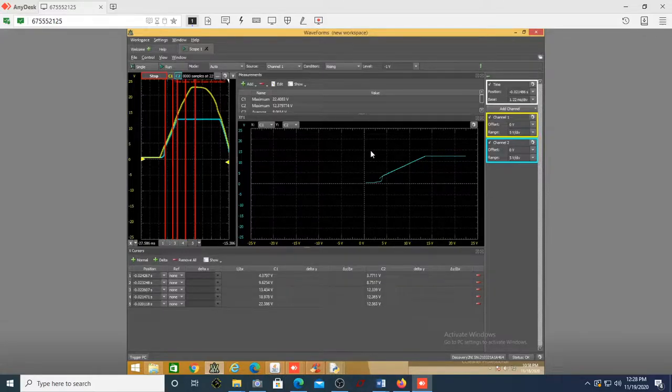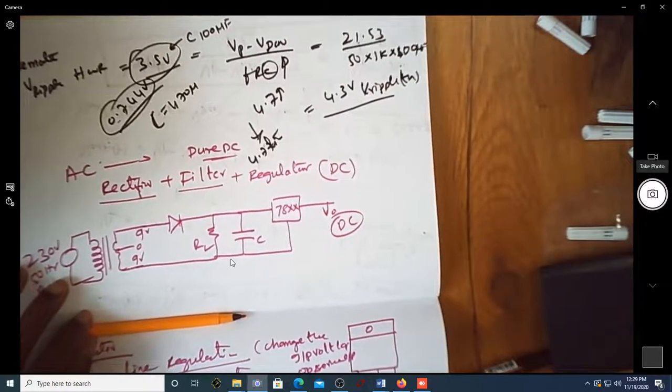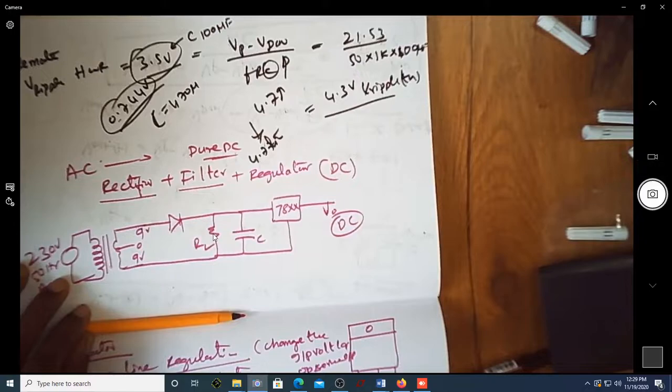Now we can see it is a constant voltage, but still it is not purely rectified, because you can see it is still less than that. So we will see how we get a constant voltage. To get a constant voltage, I'll just show you this circuit. Can you see now? Here, of course, you neither have a capacitor nor a resistor. This resistor is actually realized using this input impedance.